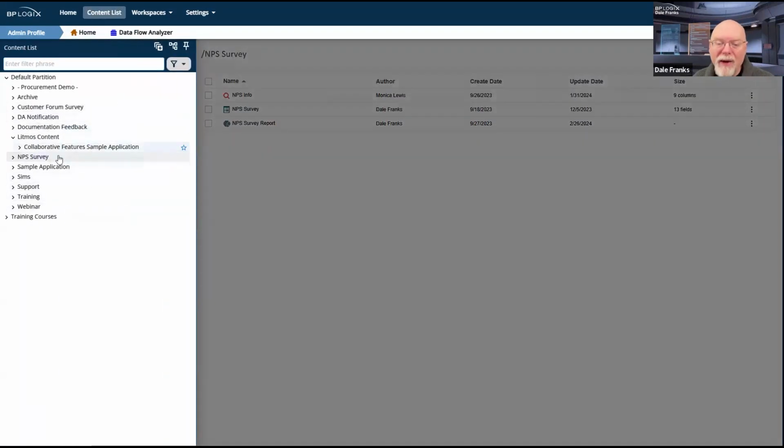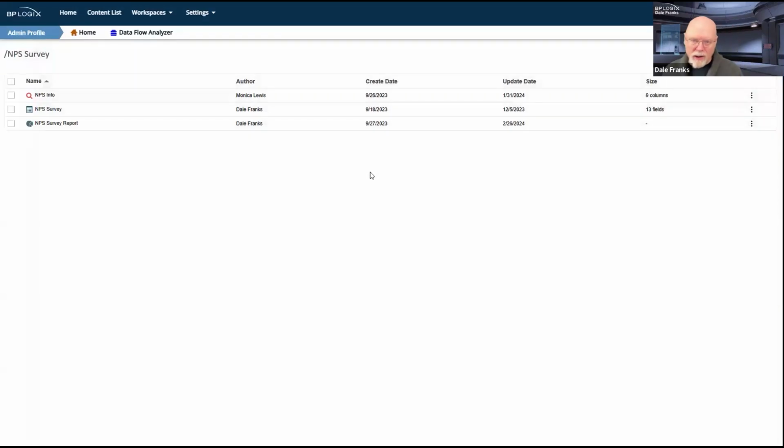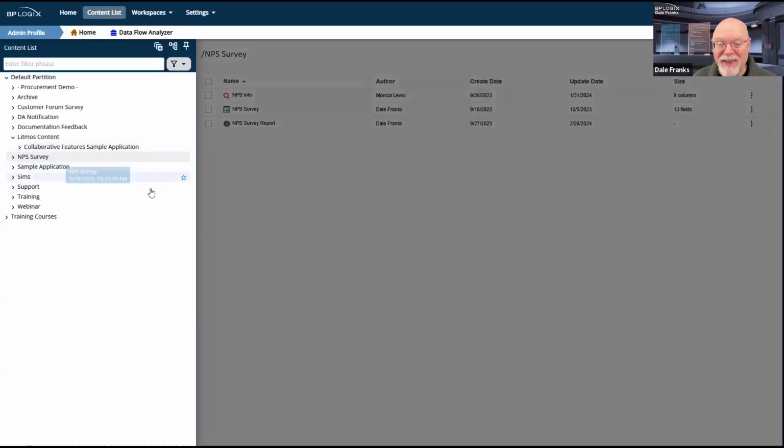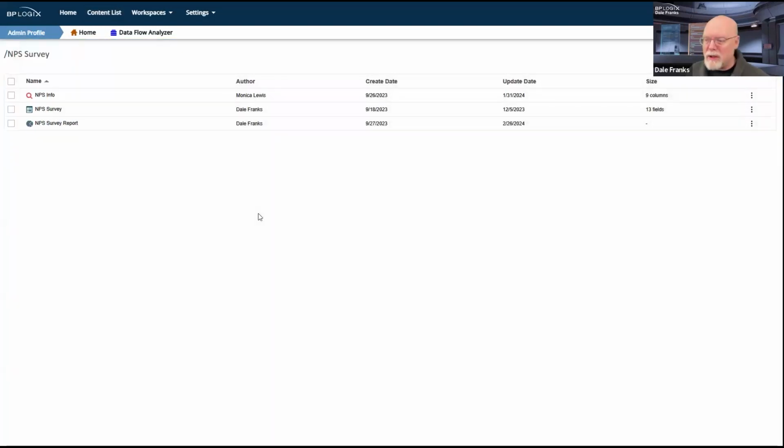Or if I don't navigate, if I just want to get rid of the content list, I can click anywhere outside of the content list in this dark gray area of the screen. And when I click on it, the content list just goes away by default. I don't know whether I like this operation or not, because sometimes I do like having all of my screen space back. In the old content list, of course, there was always some portion of the screen that was taken up by showing you the folder structure.